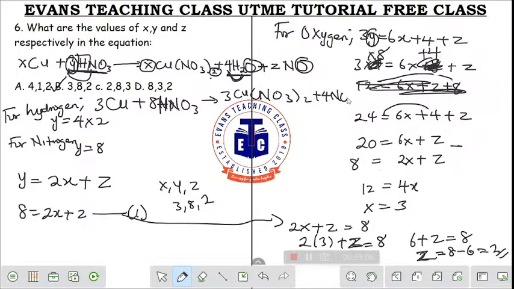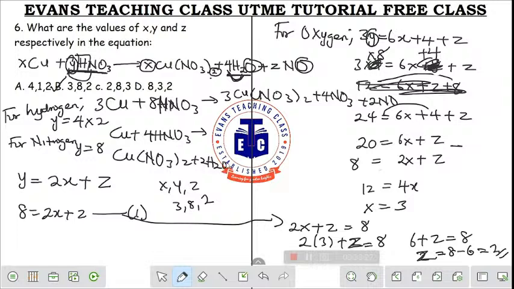So please, all these things, you know them, you don't need to go through all those stress. You know them often, because our Mr. Evans has taught us all these things before. We are going to do this. It's already part of the things we are going to do in the class, the descriptive chemistry. So all those things you don't have to worry about, because we are going to do them. So NO2, this one is for concentrated. This is for dilute. So once you know it before, you don't need to worry yourself again about this, because I want you guys to know how to solve it on your own, even if at all, if you have not come